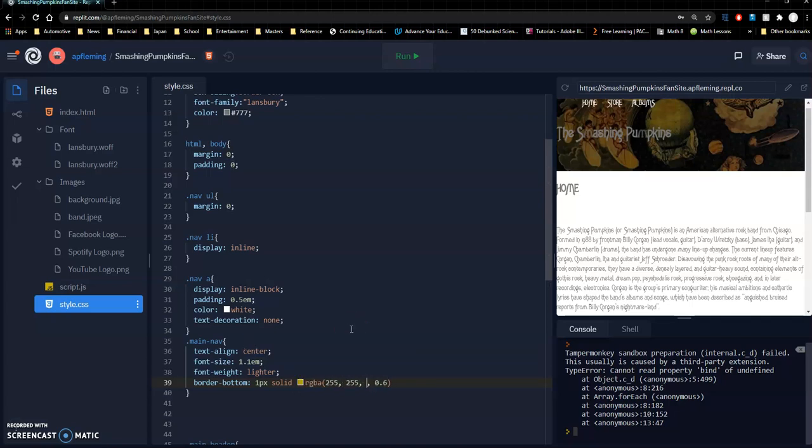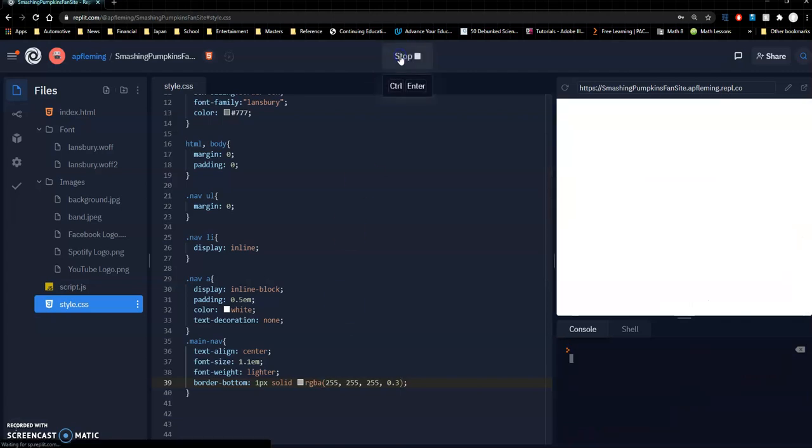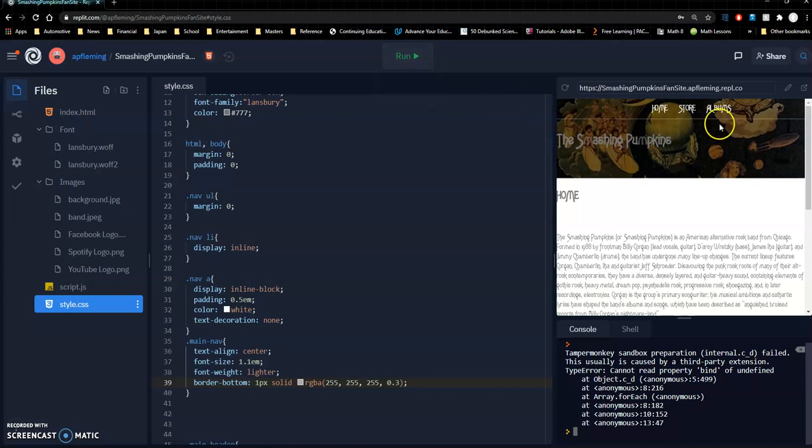255. And then we'll just lighten it up a little bit by making that like 0.3 there. Okay. So just to see the differences here, we've got this little line here. These have now been centered, and we've got it looking pretty good there. Okay. The next thing that we'll do,